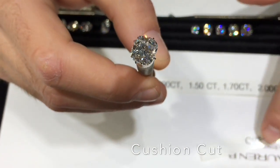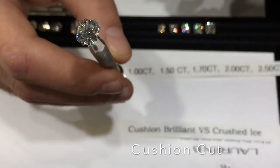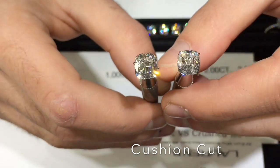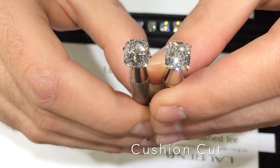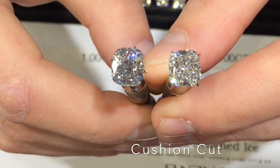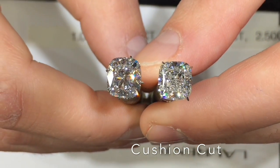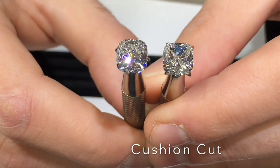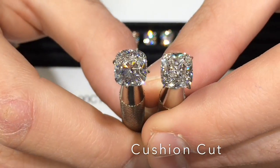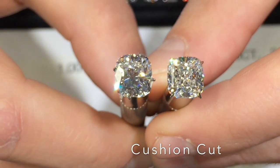So remember, this one in my hand is a cushion brilliant style, and then I'm going to pull out more of a modified brilliant look. This also weighs 3 carat. This is more of a crushed ice look. We've gone over this many times on our Instagram, but you'll see how clear this one on my right hand and on your left if you're watching on the screen. You look at the difference. Not only does the cushion brilliant look larger, it also has much more distinct faceting on it,